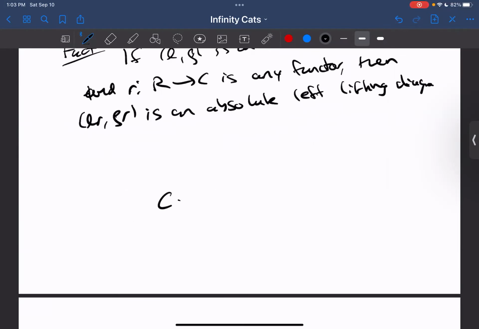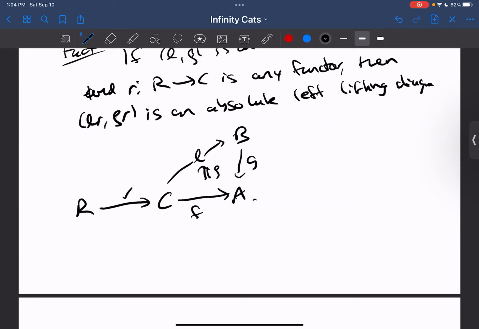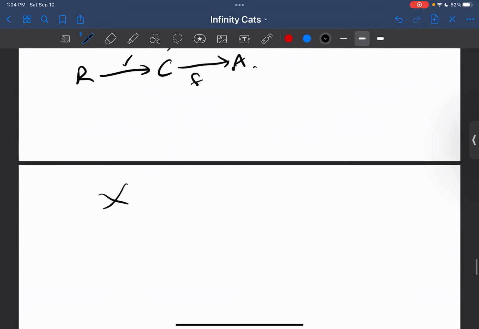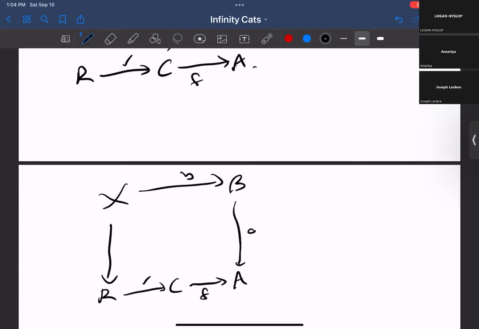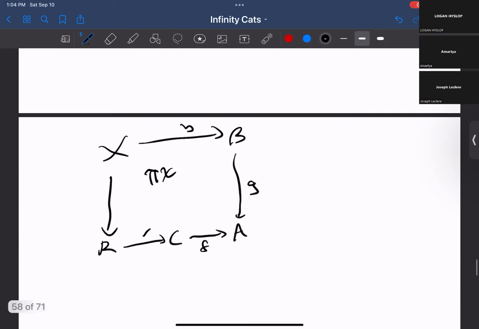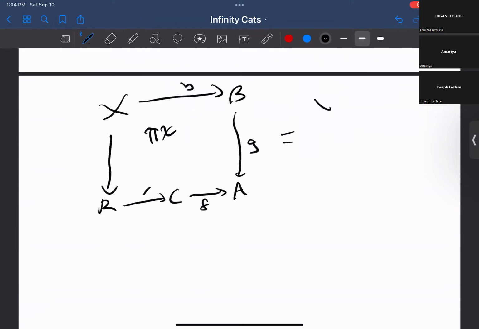So let's draw this out. C goes over by F to A. You're going to have G down by F. We're going to have up by L. We're going to have this rho. And then we said we had R over here. And why is this? Well, take any X over to R into C, F, A, over to B, down by G, and some chi. Well, this is equal to X goes to R and then down by R to C. Then here we're going to go up by L, over to B, down by G to A,